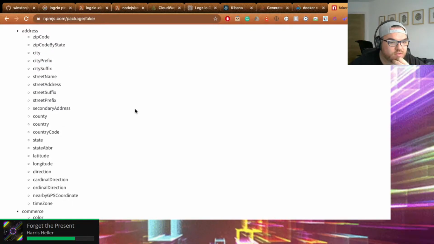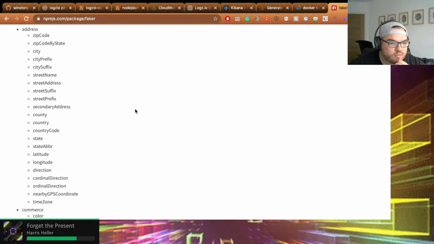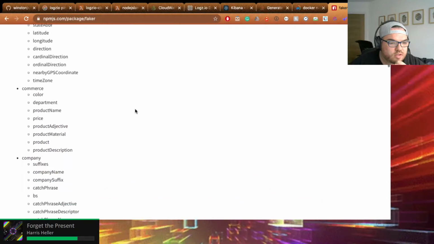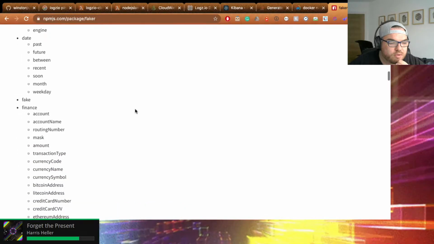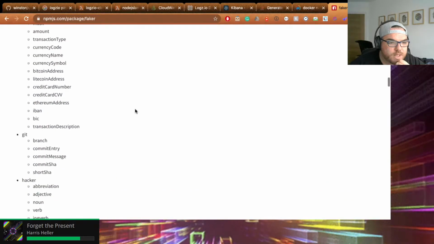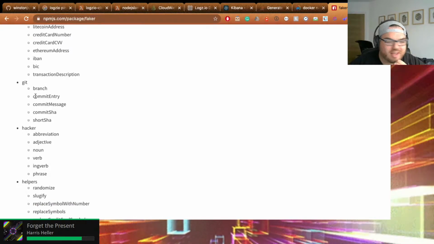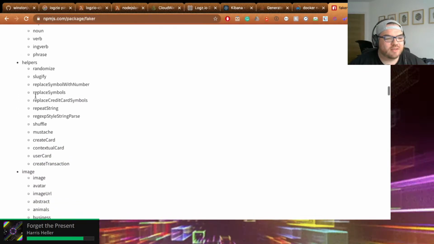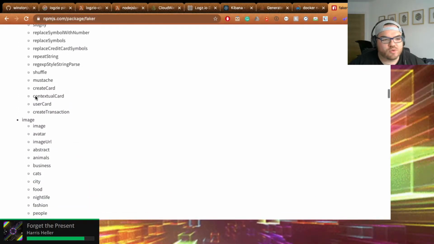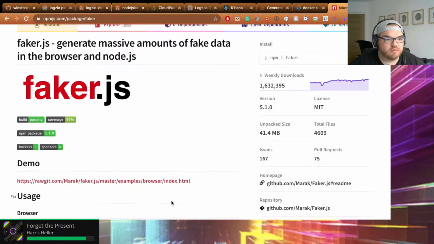If I added some... Ooh, yeah, that's interesting. Random git commit hash. Oof. For some odd reason, I like that idea. Shouldn't do that though. Alright, so faker it is.